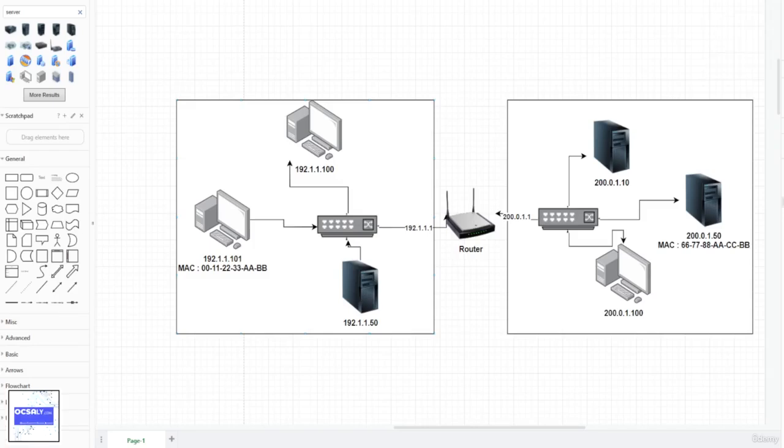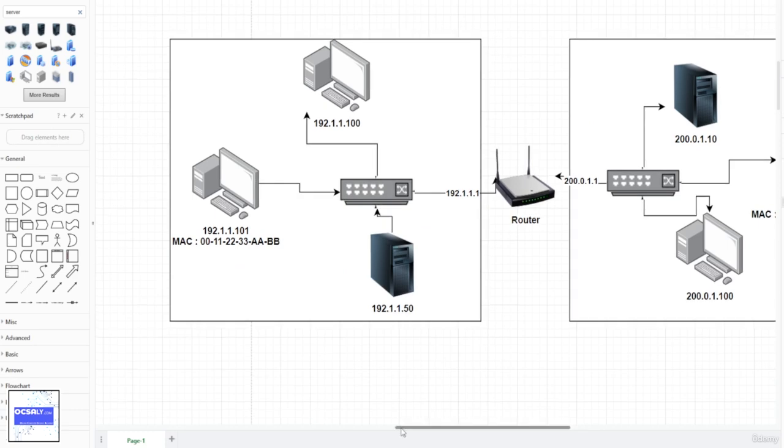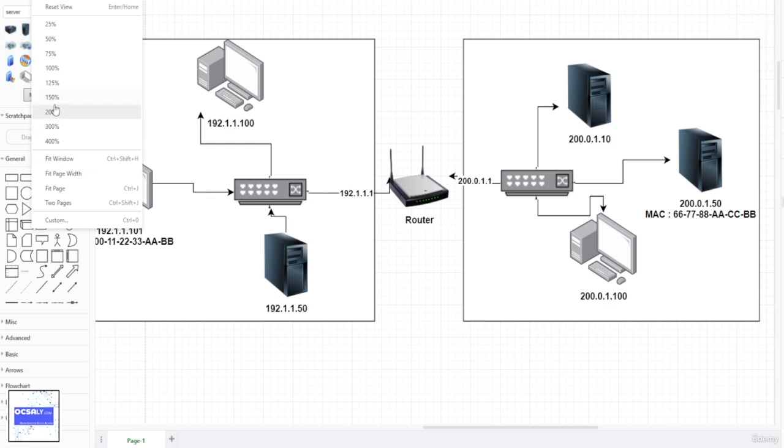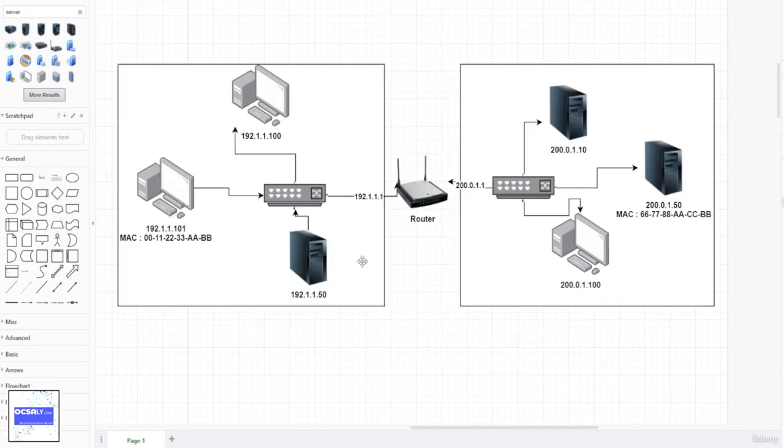In this lecture, you will learn the network routing here. Let me actually increase the size a little bit. Okay, so